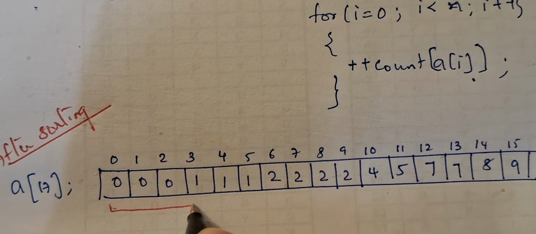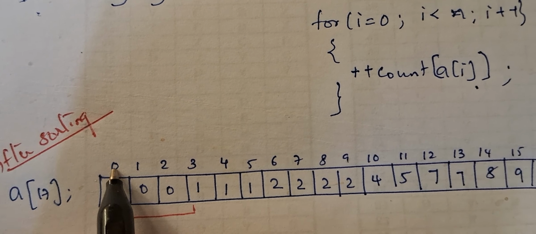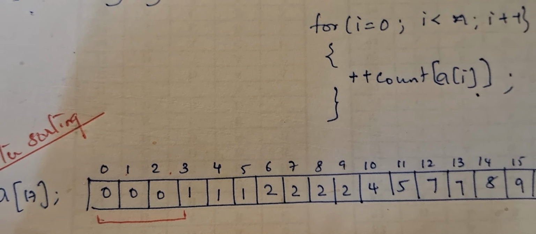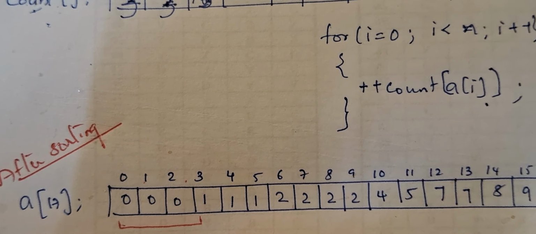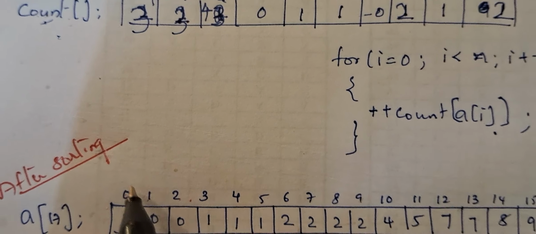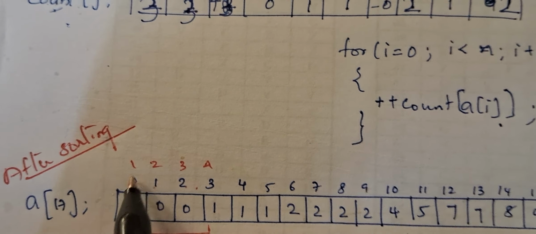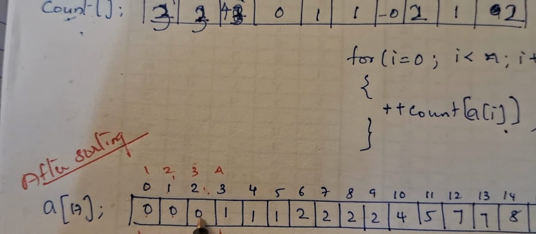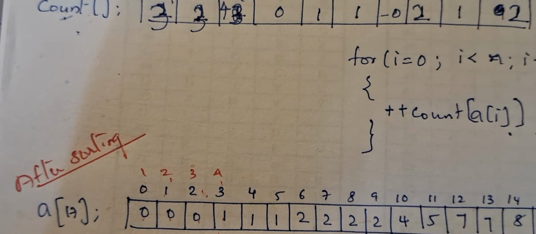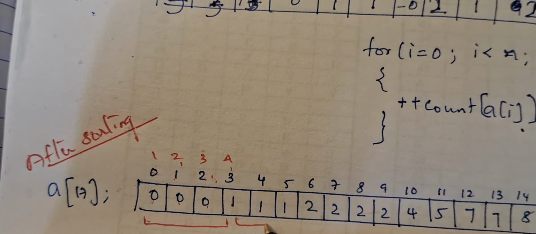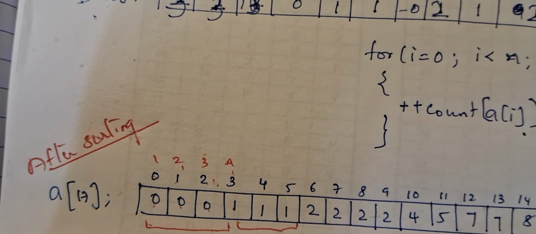So look here, 0 is in index 0, index 1 and index 2. Okay, so 0 is till the position 3. This is the index. Okay, that means the position is starting from 1, 2, 3. So this is the first position, this is the second position, this is the third position, this is the fourth position. So 0 is till the third position